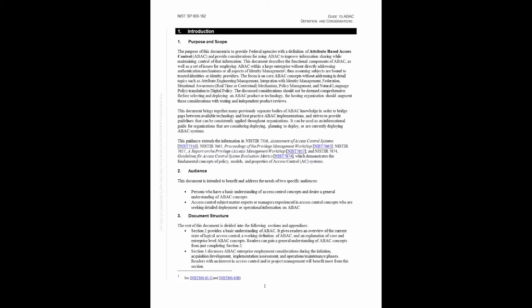Before selecting and deploying an ABAC product or technology, the hosting organization should augment these considerations with testing and independent product reviews. This document brings together many previously separate bodies of ABAC knowledge in order to bridge gaps between available technology and best practice ABAC implementations, and strives to provide guidelines that can be consistently applied throughout organizations. It can be used as an informational guide for organizations that are considering deploying, planning to deploy, or are currently